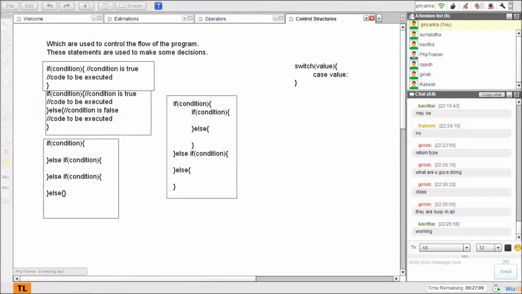Yesterday we saw how to use Twitter Bootstrap, so even today we'll be using Twitter Bootstrap. Alright, so title. Title is, let's say, Tutors Live PHP operators.